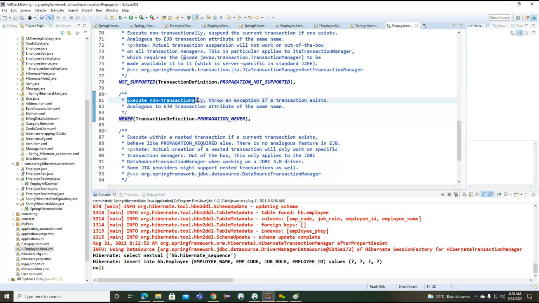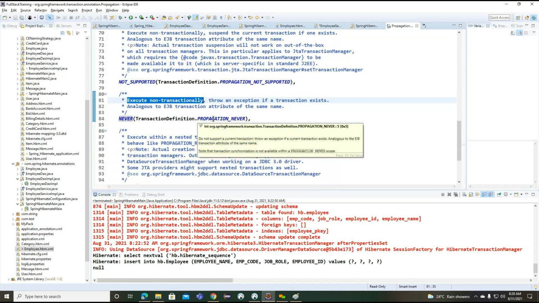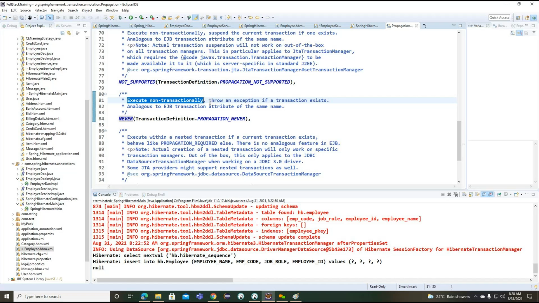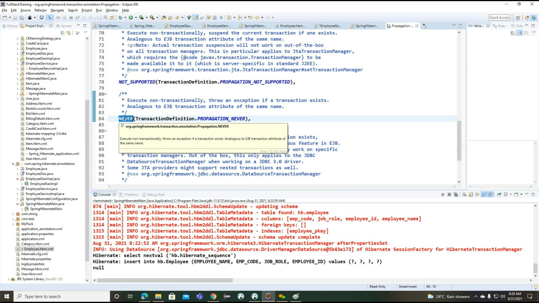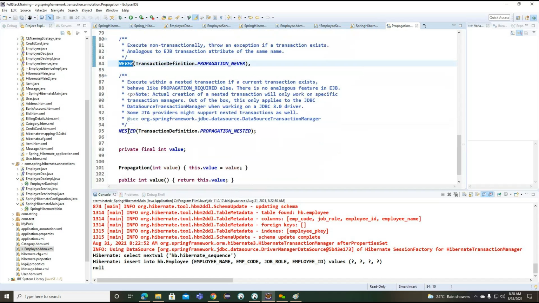Now you can see, it will also execute non-transactionally, but if any transaction exists here, it will throw an exception. Getting the point? It will throw an exception. So this behavior is applicable for never, the propagation never, and nested.